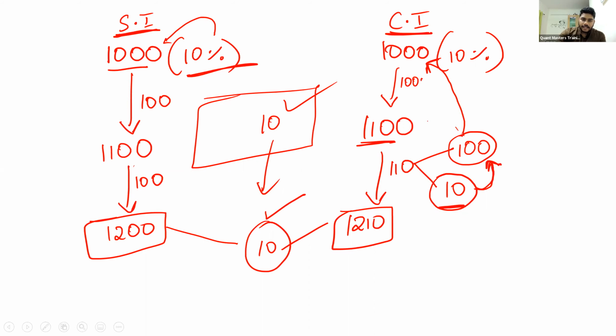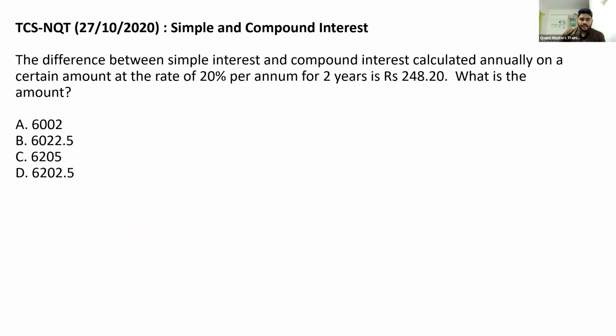That's all. Am I getting the same answer? Now I'll apply the same technique over here. Sir, rate is 20%. So interest will be 20% of principal, and difference will be 20% of this 20%. Now you tell me, what is 20% of 20%? 10% of 20 is 2. If 10% is 2, 20% will be 4. So 4% of principal is nothing but